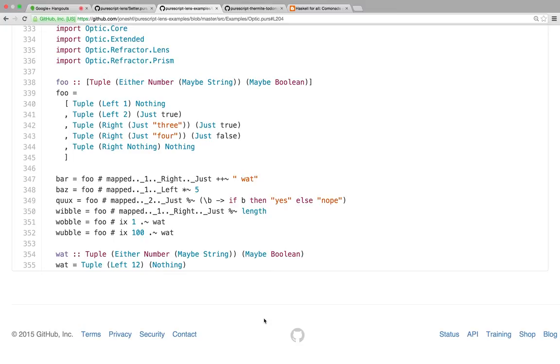Basically, I was wondering where the most appropriate place is to define each of these lenses. Is it in the lens library in general, because these are standard data structures, or should each data structure define its own lenses and expose them, or have a submodule like dot lens for each of these data structures, something like that? Right. So